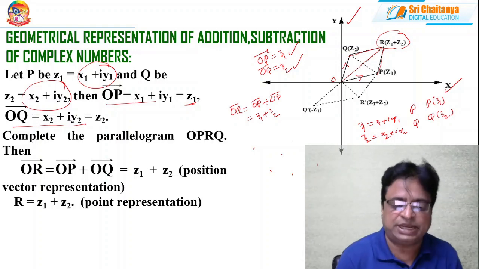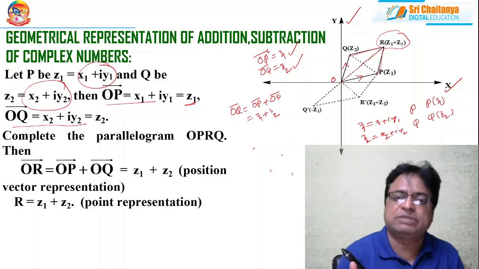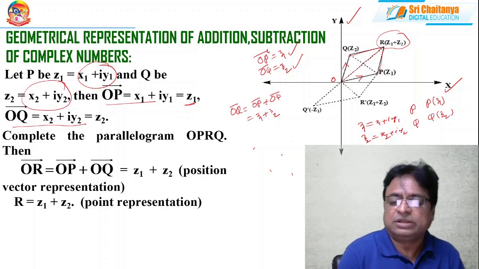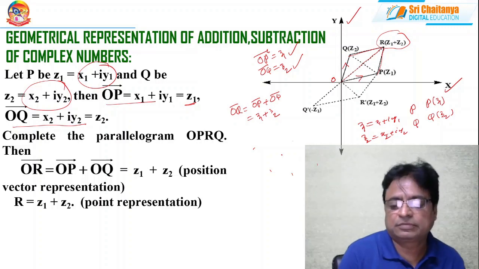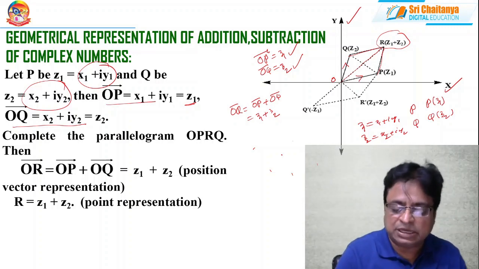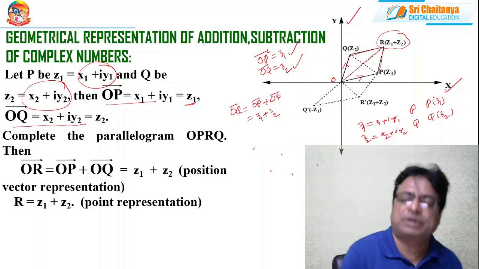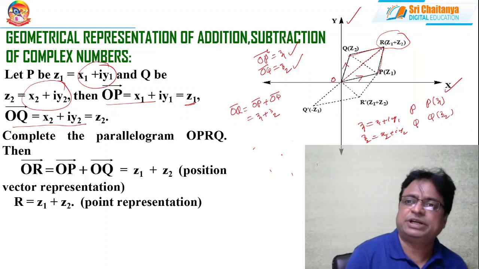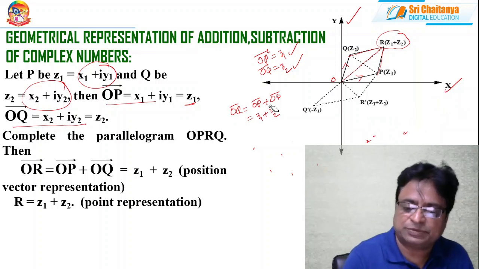So what I am going to say is, if z1 is one complex number and z2 is another complex number given to you, then z1 plus z2 indicates the position vector of the diagonal of the parallelogram that has been prepared by the two vectors z1 and z2 as adjacent sides of the parallelogram. Clear? This is called vector representation. Of course, the same thing holds good for geometrical orientation also.